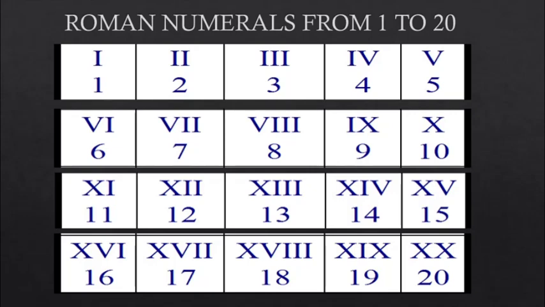Now look at 19. So for 19, here we have an X, which is 10, and then an I and an X. So what we do here is the 10, which is on the right hand side, it has an I on its left hand side. You can see on the left hand side one I is also present, and at the very end there is X. So what we do is